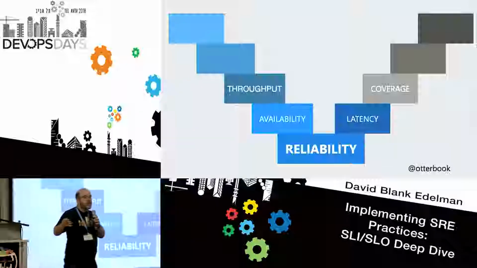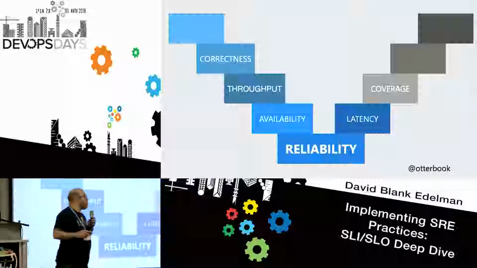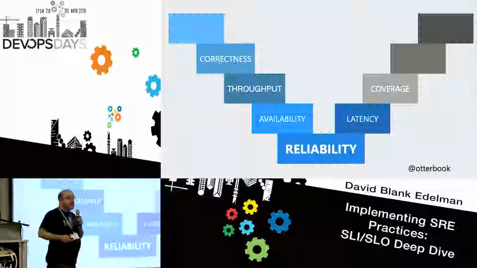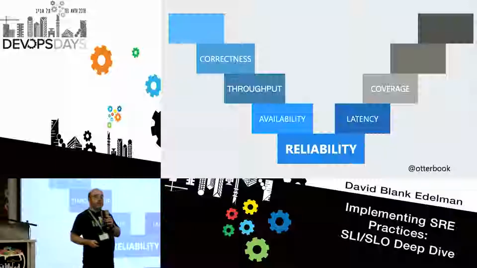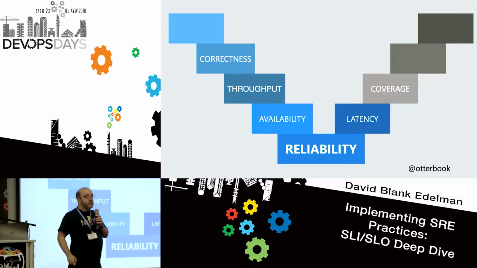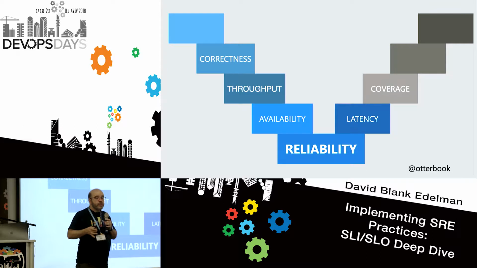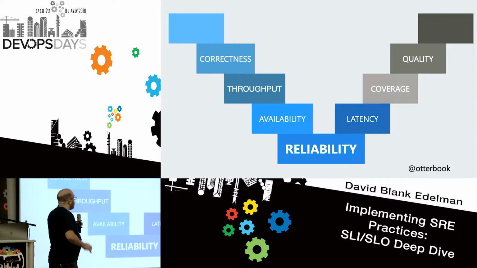How much of the database have I processed? How much of the data have I processed? That's a big question. Correctness. This is something that maybe you think about, maybe you don't. I hope you do. But are you doing something to measure, did my systems do the right thing when they process the data? It's a little hard to write tests for that, but it's not impossible. And sometimes it's crucially important.